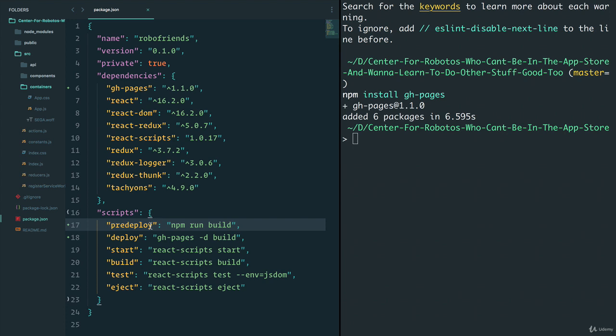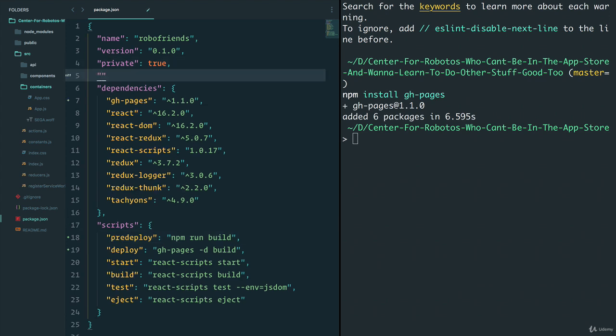All right. Let's save this, and the last piece of the puzzle is that with Create React app, we need to create within package.json the homepage property. And here we have to state where our homepage is going to be. And you want to have it attached to your username. So we're going to say https://, in my case, this is my GitHub username,